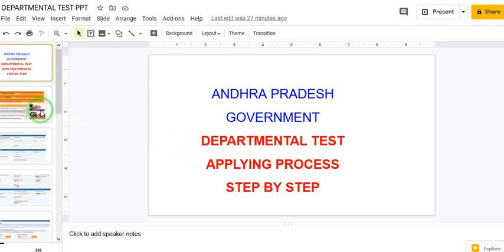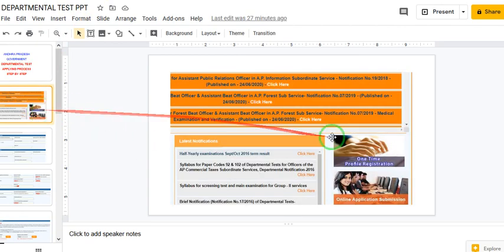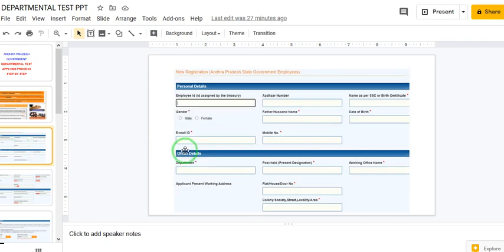First, initially, you have to go to the website psc.gov.in, and then you will get the first link as the official website. Click on that first link, and on the home page, if you go a little downwards, you will get the one time profile registration. Click on this, and after clicking, you will get these details.